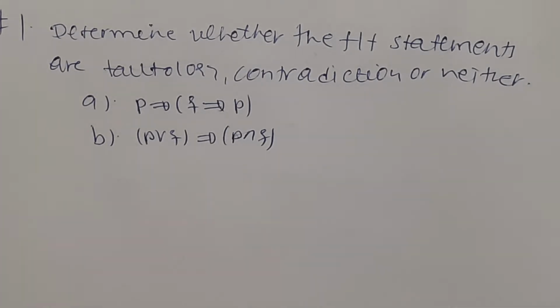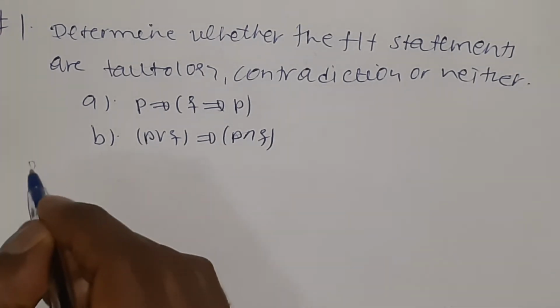We know that in order to check whether the given compound statement is a tautology or contradiction, we have two different techniques or methods. The first one is preparing a truth table, and the second one is without a truth table, just by considering the properties of the logical connectives. So let us check these compound statements by using the first method, that is using a truth table. Let us start from the first one,